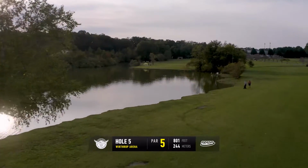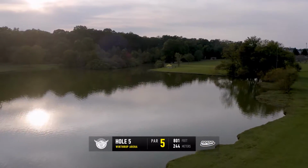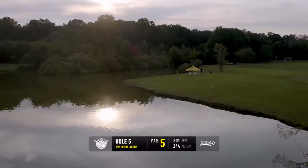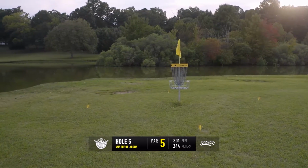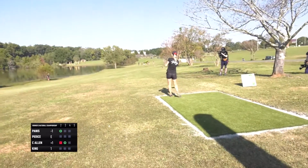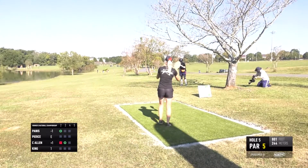Hole 5, the fountain hole, par 5, 800 feet for the FPO division. A little bit different, though, compared to how the MPO and FPO do play. MPO, there's a mandatory to shoot over the water. FPO, that's not there. You're going to see a lot of shots going the old school route, out and around, and just playing for that birdie 4. Yep, gives them options. And Katrina's going to go forehand off the tee here and just fade away from the